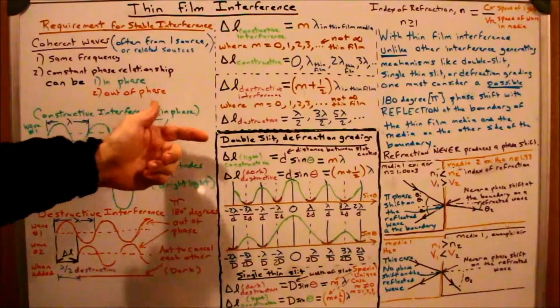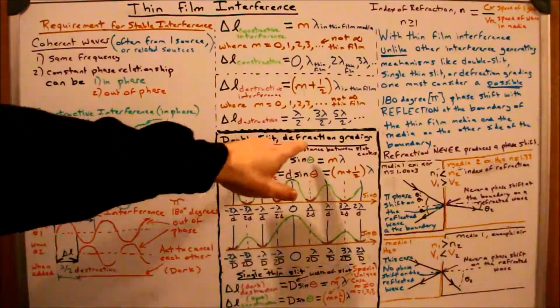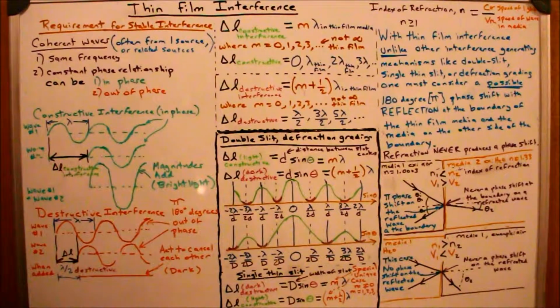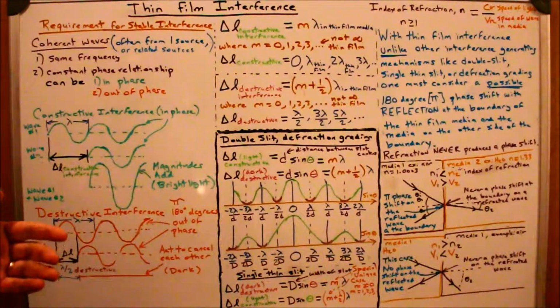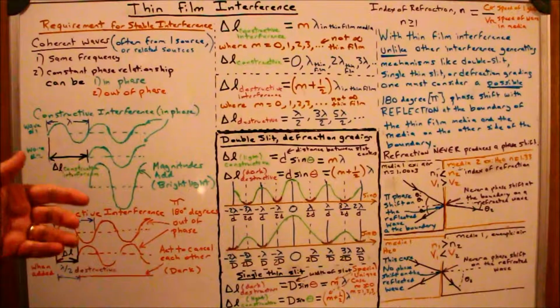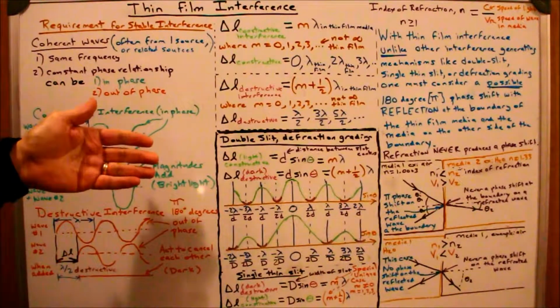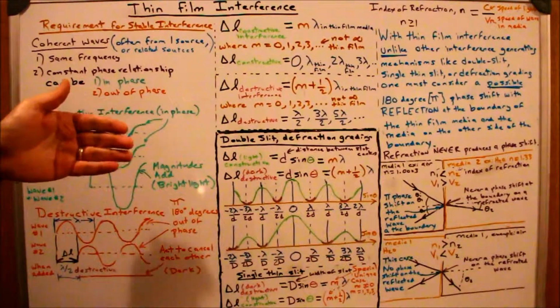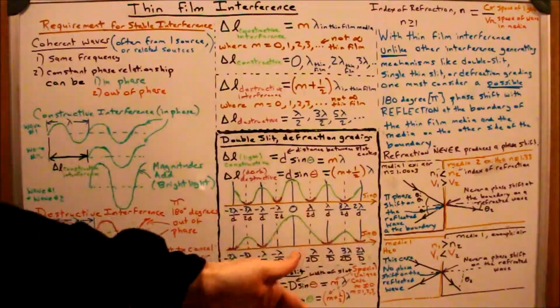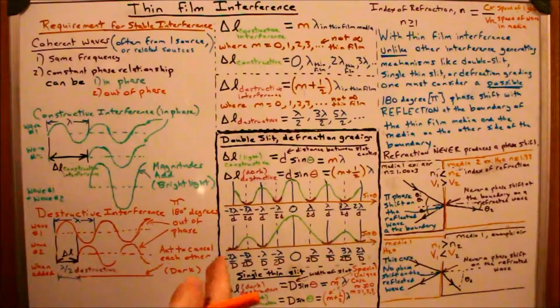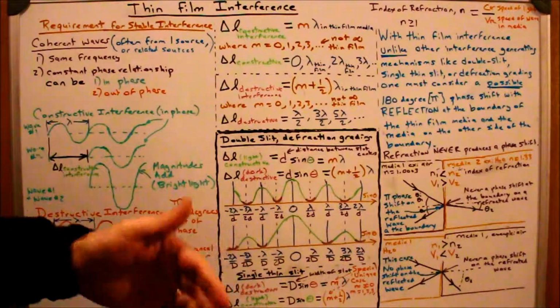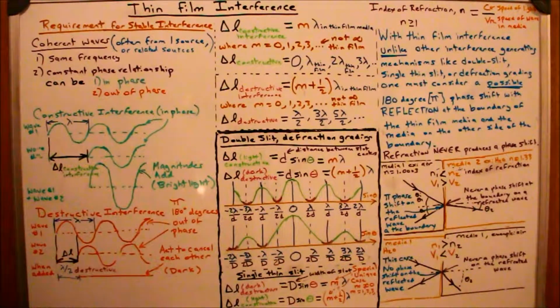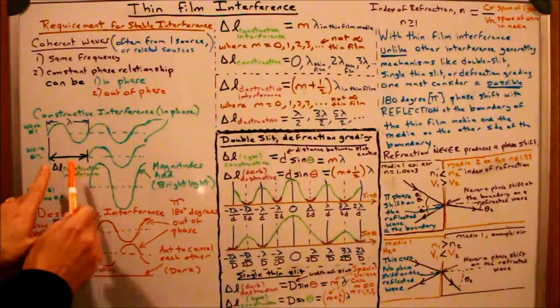So double slit, if we just recall, so either double slit or diffraction gratings are if I have a wave coming from a source to a thing that has two slits, and then on the far side of the slit, the waves will continue and have an interference downstream. And kind of like this,